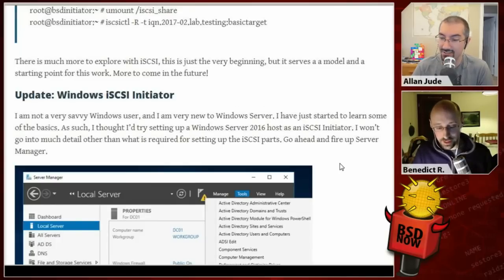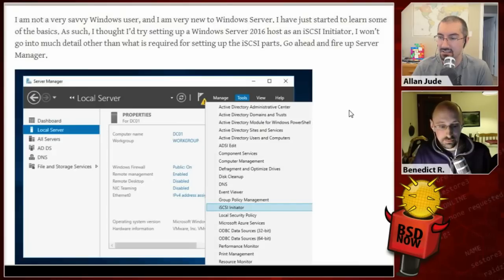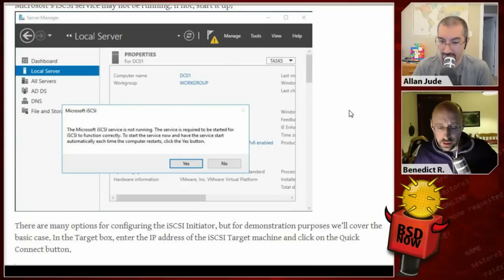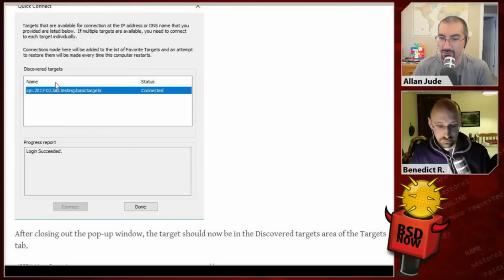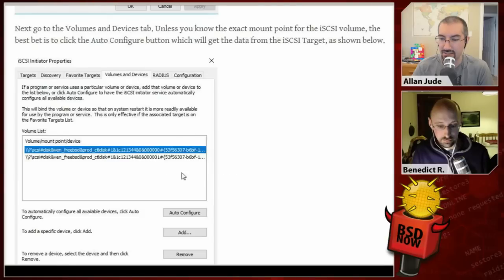It's a little bit more work to do it on Windows, but you can do that. So in this case, they've set up a brand new Windows server, and they're going to use the iSCSI initiator in Windows to connect. And so they start the iSCSI service, they have a built-in one, right? Yep. So you start the iSCSI service, you enter the IP address of your FreeBSD server, and then you'll see it has a list of your different targets, and you've connected to it. So we now have that device, and we point it at the LUN we want, and now this new disk shows up